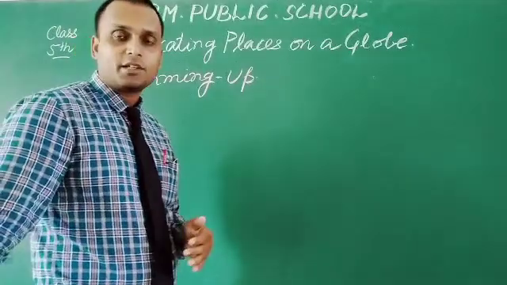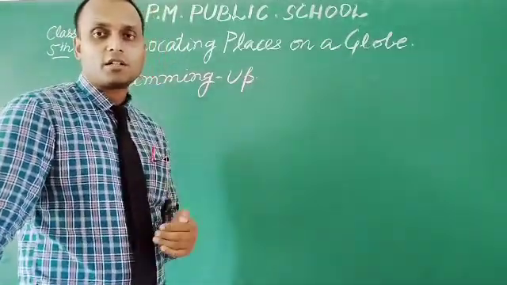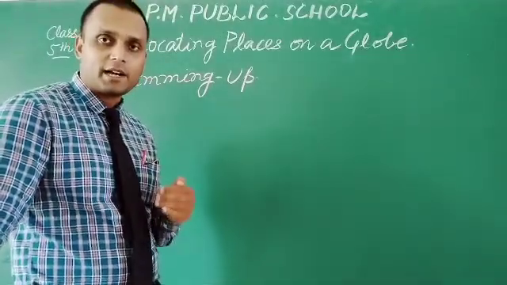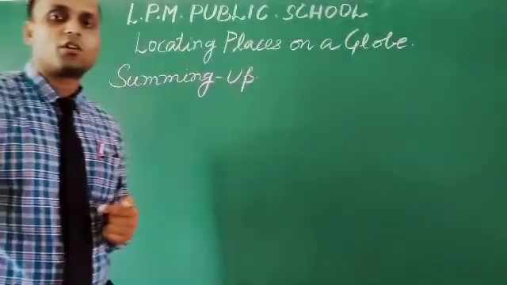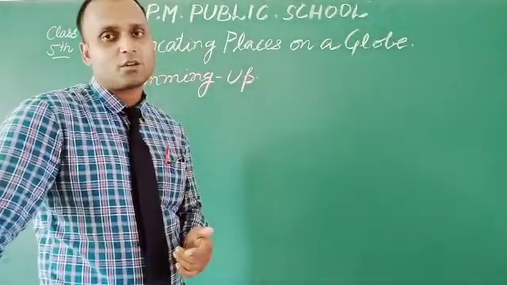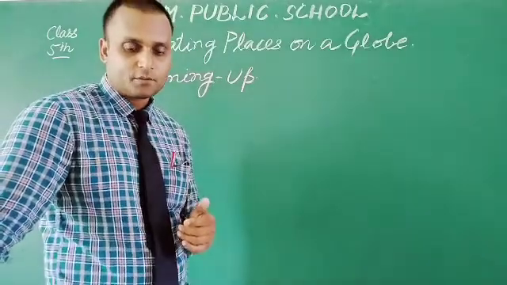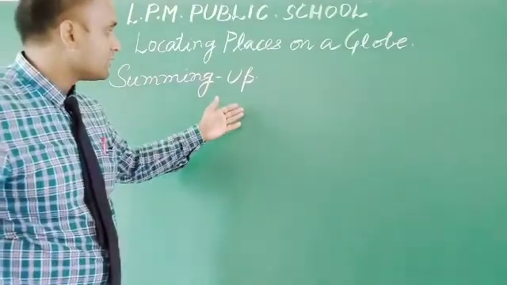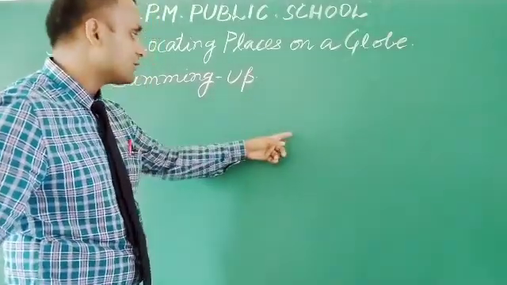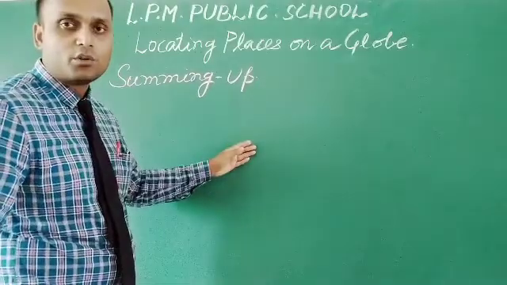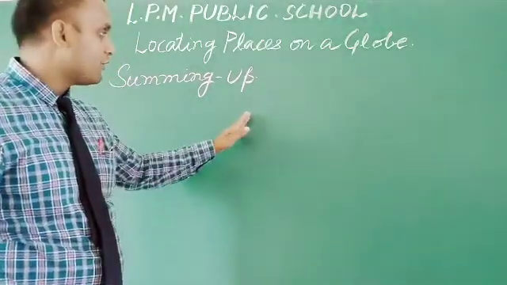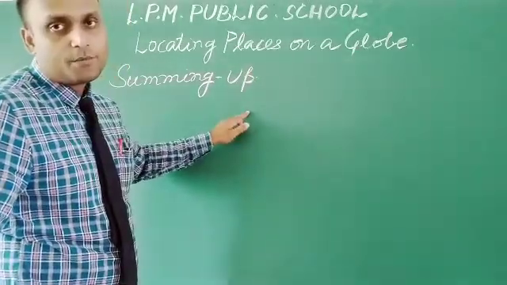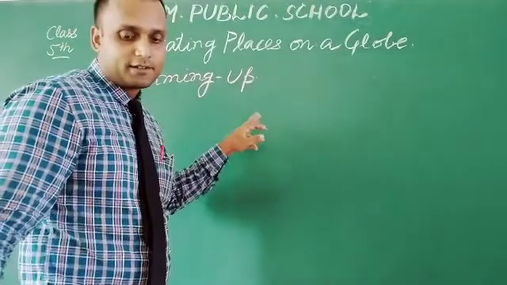Imaginary lines means lines which are not actually on the earth's surface. We just assume in our mind that these lines are being drawn on the globe and we are able to find the exact location of a particular place. Now we had discussed that lines of latitude and lines of longitude, where they intersect each other, form a network, or we can say a global grid, and from that point we are able to locate a place exactly.